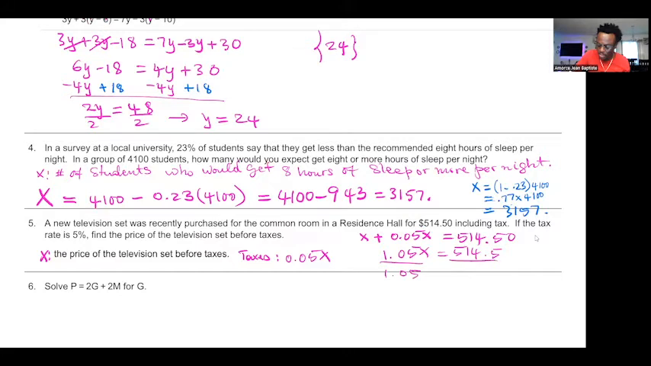1.05, you divide both sides by 1.05. And then now you have X, which is the TV price before tax that they wanted me to find, equals 514.50 divided by 1.05, 1.05 equals $490. $490. So that is the price of the TV,